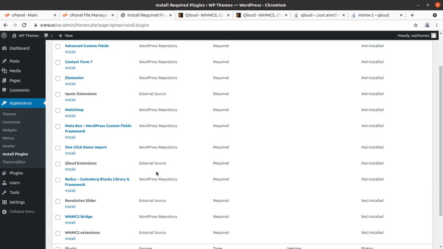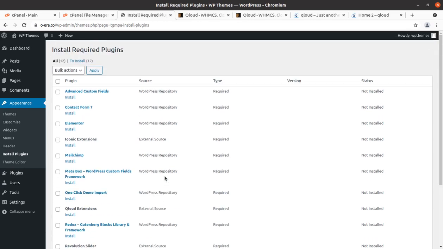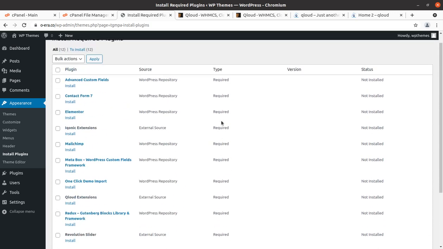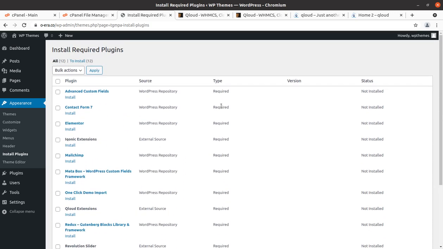Okay, so now we are on the install required plugins page. Once we activate the theme, we land here saying that we need to install certain plugins, and all plugins listed here are marked as required for using the theme in a proper manner.